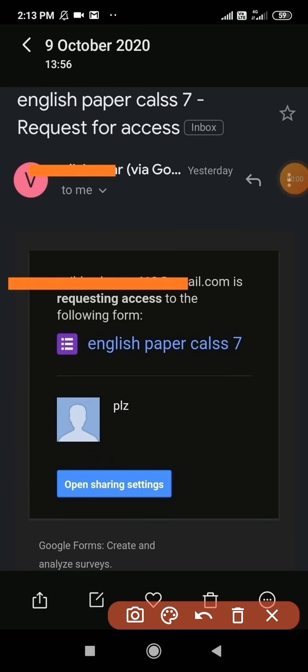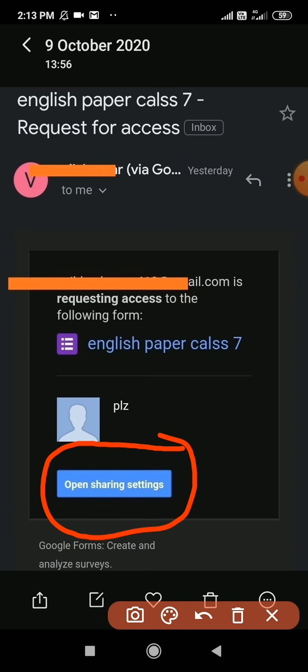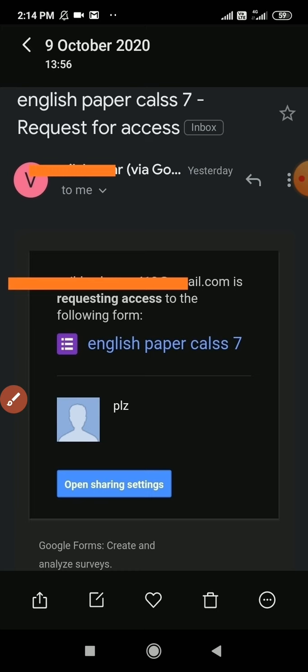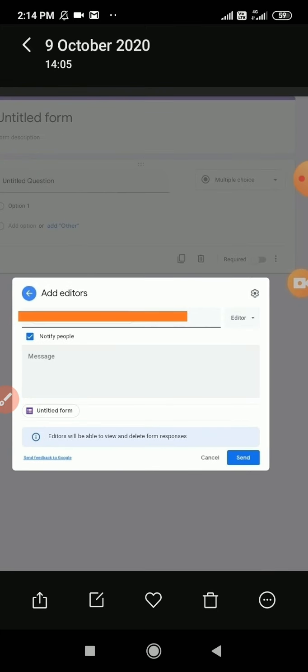Now this page has appeared in the email ID of the owner who has shared the question paper with his or her co-teacher or friends or colleague. After clicking on it, we will go to any browser, for example the Chrome browser, and this page will appear. But you have to wait a few seconds because it will take some time to come to this page.